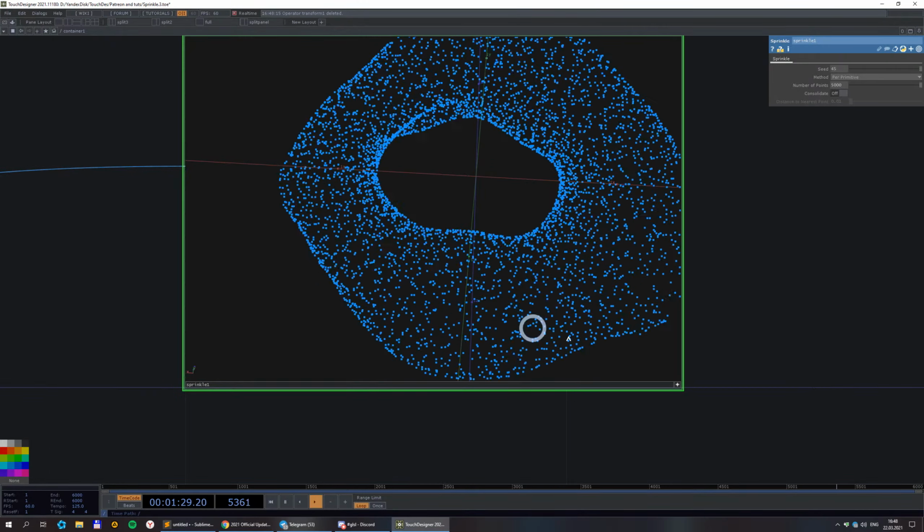Because if you add a noise afterwards, the points wouldn't stay in their place. It would look very noisy. And this is noisy as well, but all the noises are kind of in the same position relative to the neighbors. Okay, this is it. Yeah, and because it's called per primitive, for sure, if you